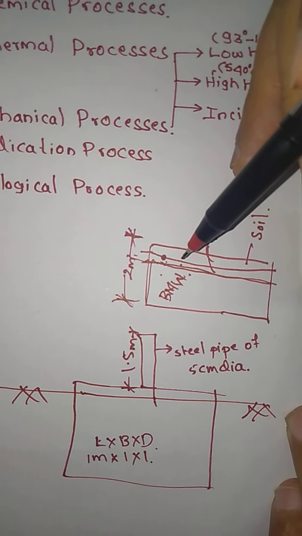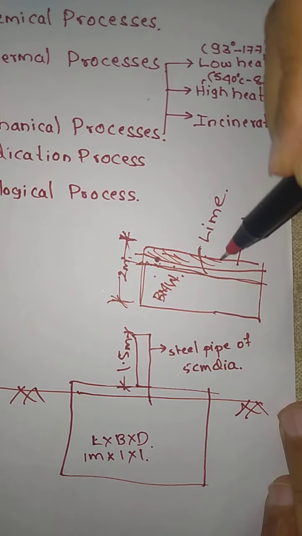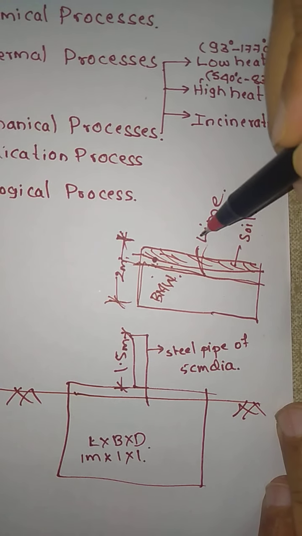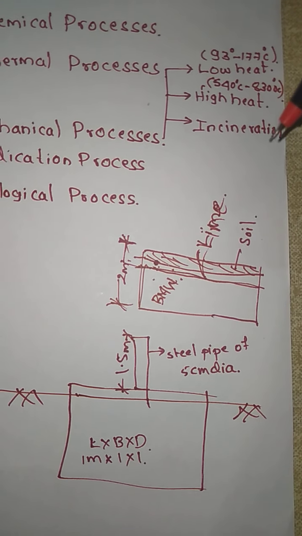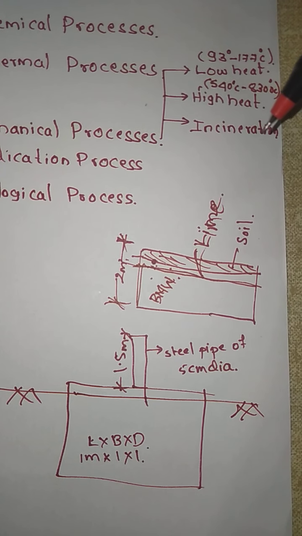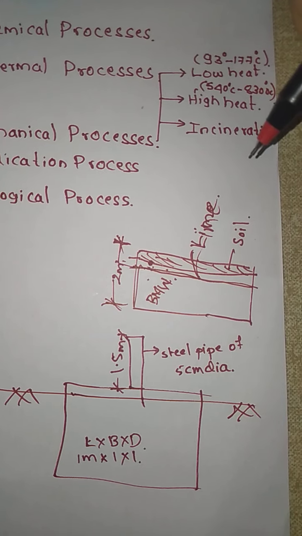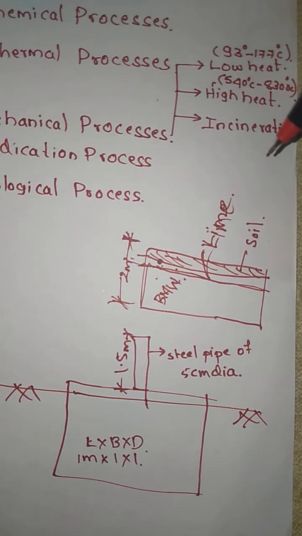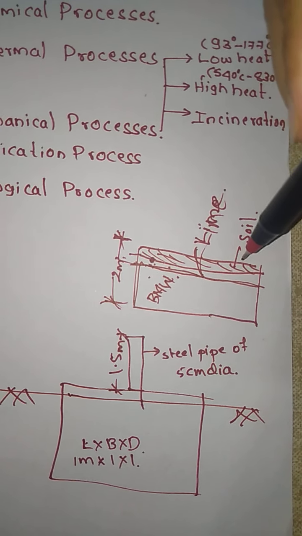Okay, before filling the pit with soil, at the top we should cover it with soil. This lime is going to act as a disinfectant whenever we throw the biomedical waste into it. On each occasion when biomedical waste is added to a pit, a layer of 10 centimeters of soil should be added to the top.